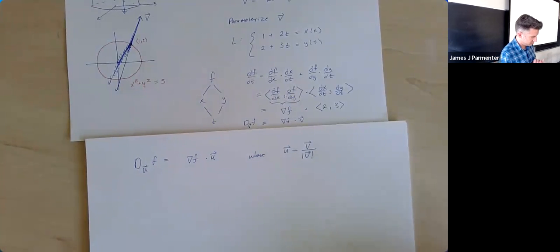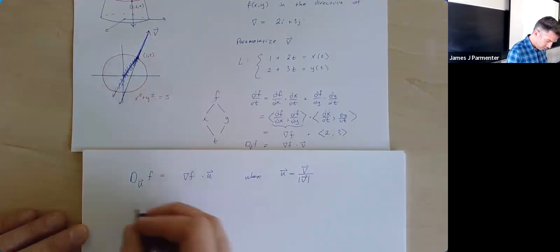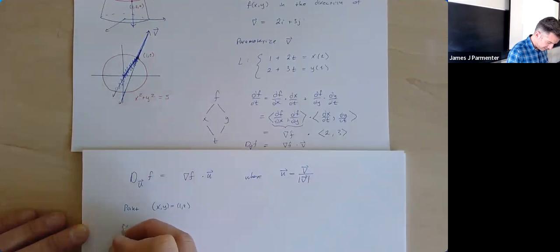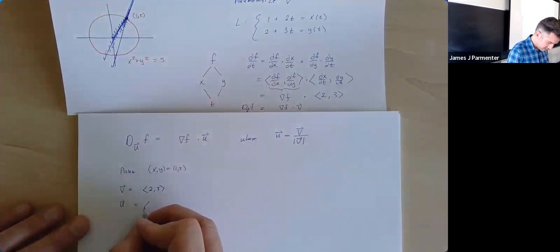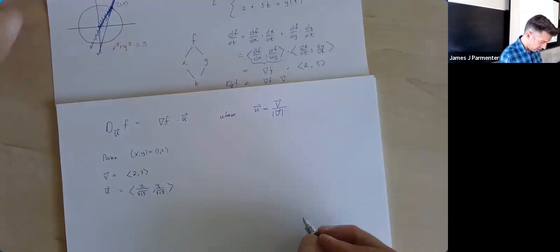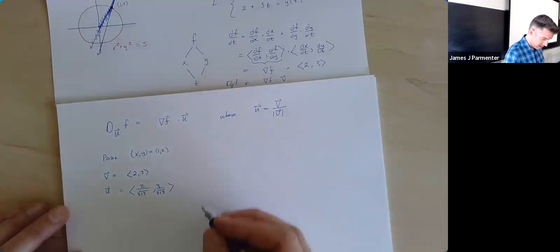Okay. So in this particular example that we were looking at, where we have the point (x, y) equal to (1, 2), and the vector v equal to the vector (2, 3), meaning u is going to equal 2 divided by the magnitude of v, 3 divided by the magnitude of v, which is just root 13. Our directional derivative at that point in that direction is going to be,